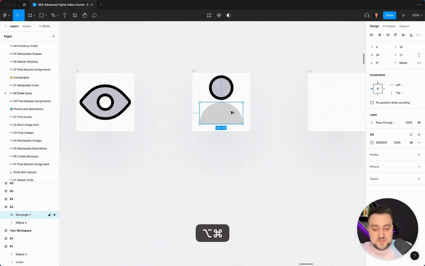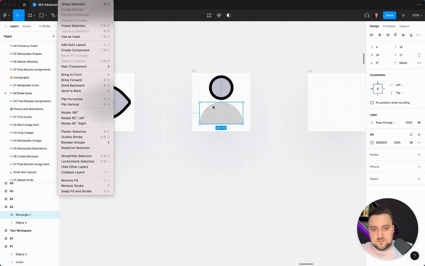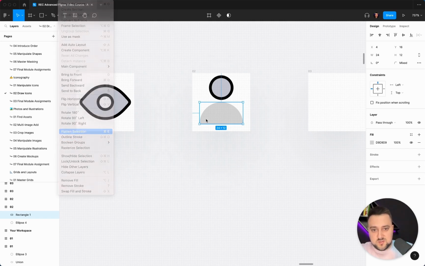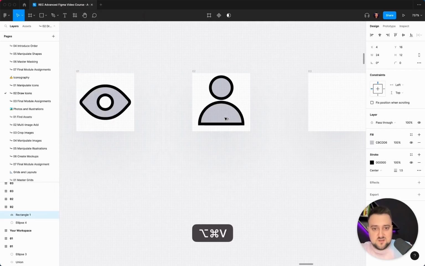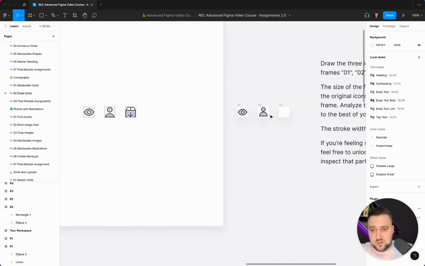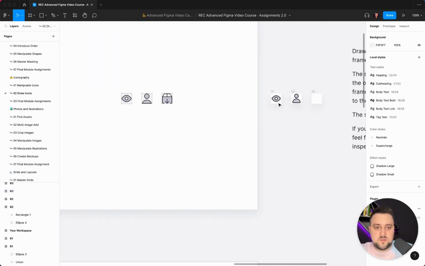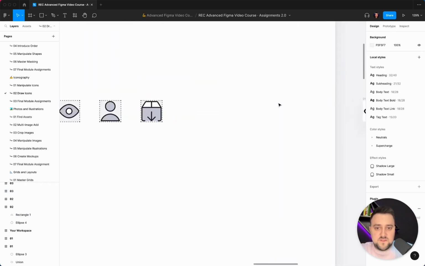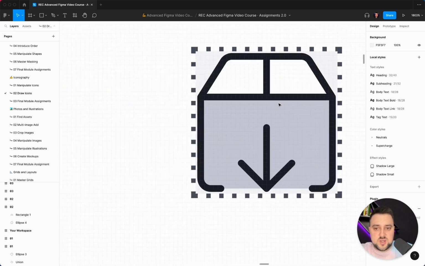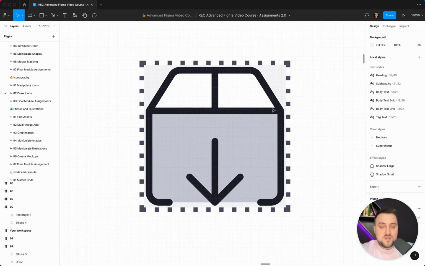Sometimes when you're pasting shapes, it also resets other things that you don't want to change. So what you can do is flatten the selection in here. Now when you paste it, it's gonna work. And I feel like there might be like a roundness or two on these elements to make them work a little bit better. Okay, and then finally we have a more complex shape, but honestly, if we inspect it,